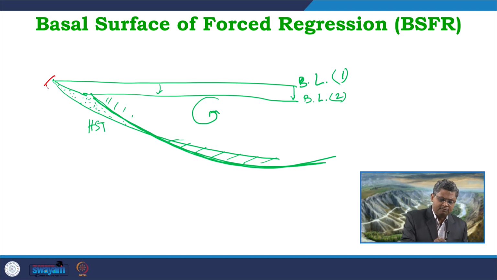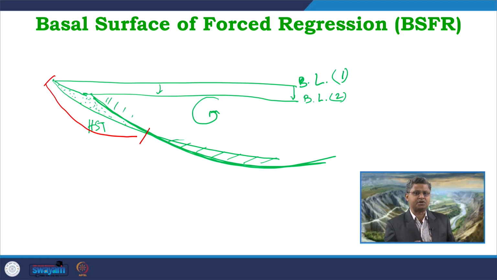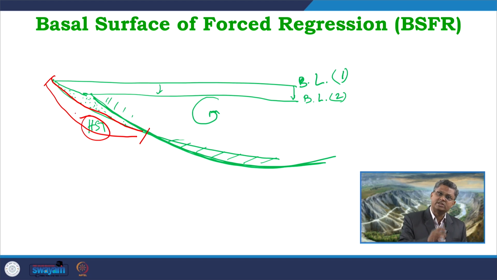So, this part of the shallow marine area, this part of the substrate, is giving us a new surface which is actually the top surface of the last HST which is getting preserved, and on that we are getting deposition of sediments in a conformable way. So, there is no unconformity between these two packages, the HST package and this new package. This new package of sediment is forming during the forced regressive phase. So, definitely this is part of the falling stage systems tract.